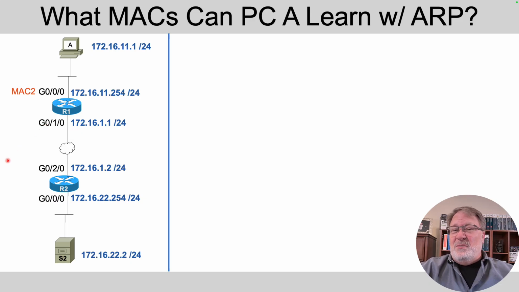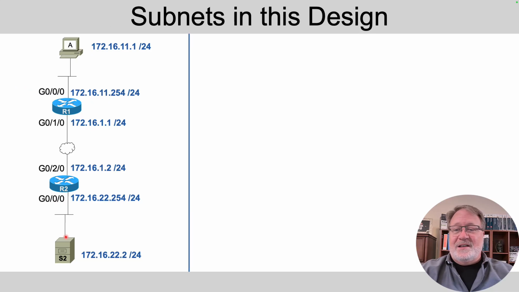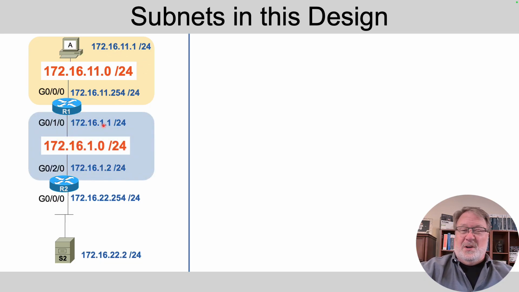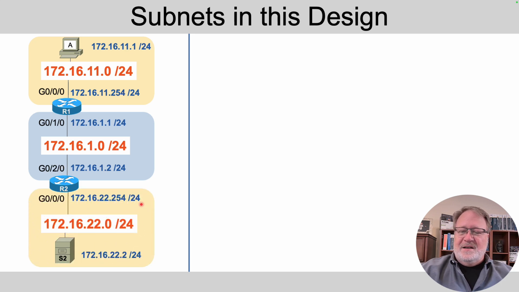All right. So the only one in this context that matters that A needs to learn is the MAC address of the router, the default router that it'd be using to send packets down to this server S2. All right. So that's something I would expect you to know. Now let's sit back for a minute and look at the IP addresses. We can calculate the subnet IDs, and you probably will have at some point along thinking through this problem. But here's the subnet ID and mask based on both of these IP addresses. Here's the subnet ID and mask of the middle subnet,